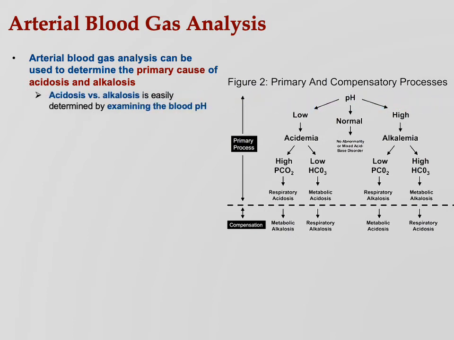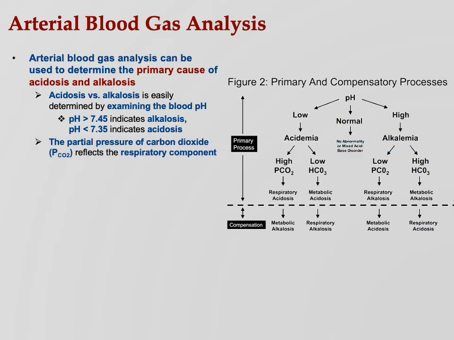All right. So it's the respiratory therapist that gets it, all right? And then you just look at the blood pH. That's all you have to do. That tells you whether the person has acidosis or alkalosis. But to get the cause, we're going to look at some other factors. So first, if the blood pH is over 7.45, you're in a state of alkalosis. Under 7.35, you're in a state of acidosis.